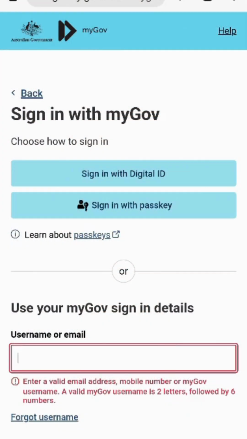Hello, we are going to download the income statement from MyGov. Let's start with the Android device, then we will be doing the same thing from the iPhone. So please go to